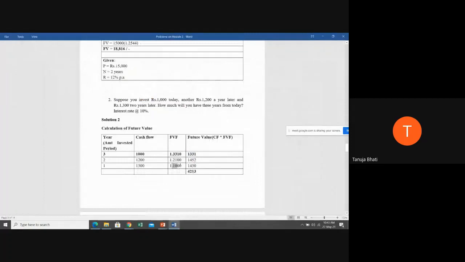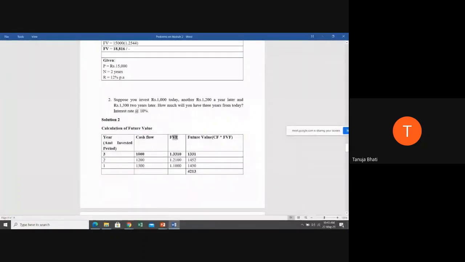So what is going to be the future value, students? Cash flow into the future value factor. Multiply these, and you will get individually what is the future value. When you add up all these three, you will get the future value at the end of 3 years. So there are two methods to solve this. Either you can do this directly with the help of a table. In the form of a table, you just write the cash flow, the amount invested, the period, the rate of interest, which will be common for everything, and the future value factor.